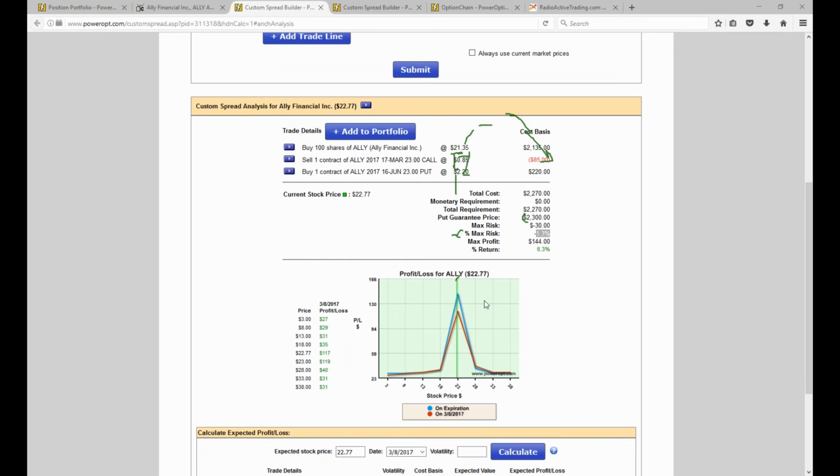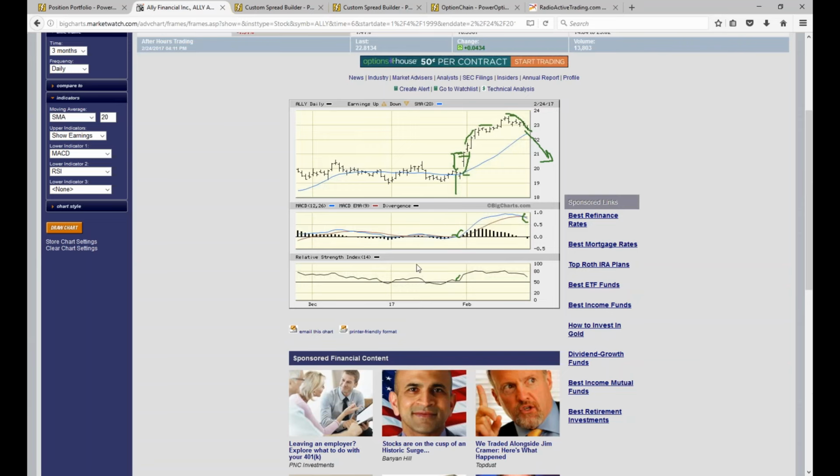We're seeing a MACD crossover back on the chart, so I do think it's going to pull back. I'm hoping it pulls back. But yes, I see this crossover here, and the RSI is starting to dip down. It's starting to pull back down and show some weakness, getting closer to that 20-day moving average. So I do think it's going to pull back, and it might be at around $22.20, $22 by the time we hit March expiration. That's very speculative, and I'm not normally like that, but I'm not worried about it going over 23 right now. Why?